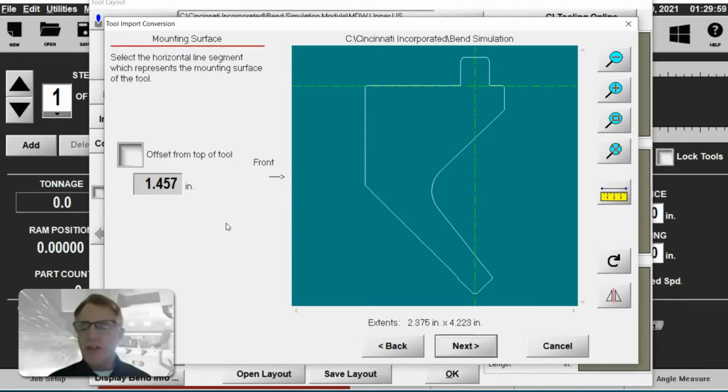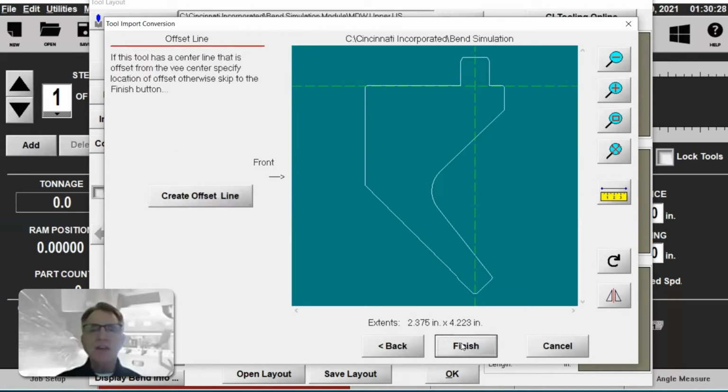If we have new standard tools from Wila or a Wila knockoff, you can choose by checking this checkbox, you can get your offset off of that for the head-mounted tools. So those tools will mount up into the RAM clamp, and with them not being shoulder mounted, that difference in height is that 1.457 inches. But in this case, it's a standard American tool. Okay, and we'll move to the next step.